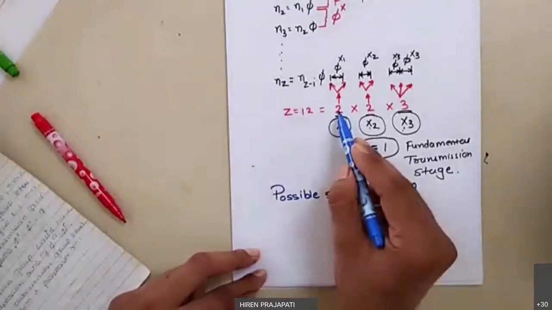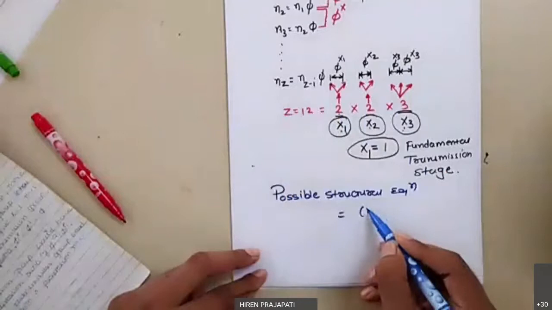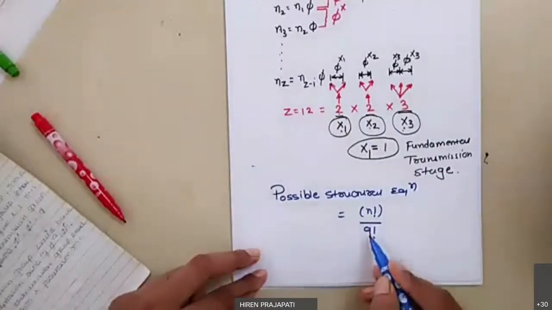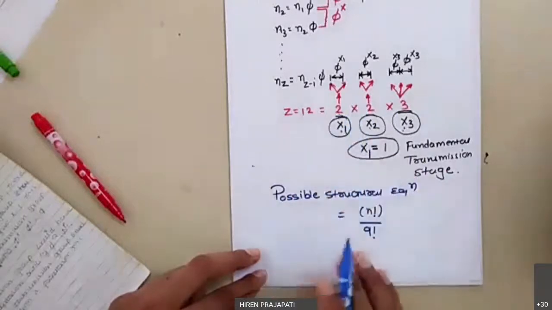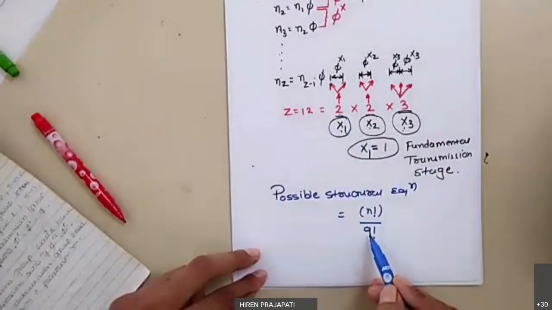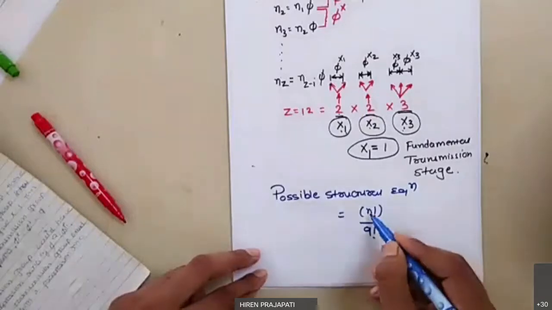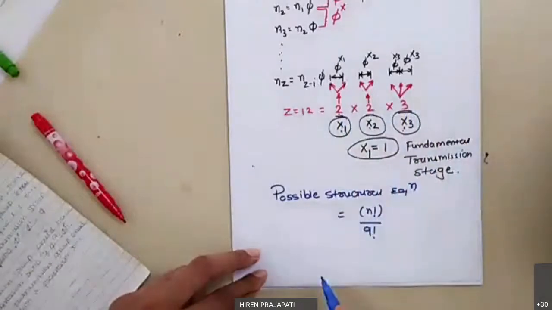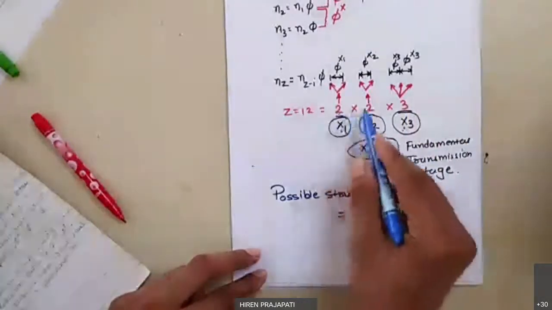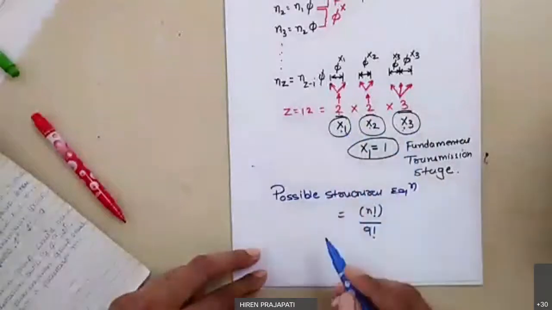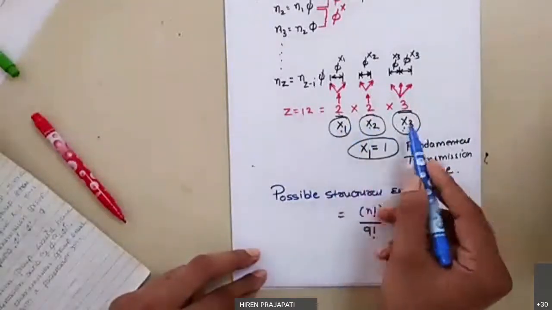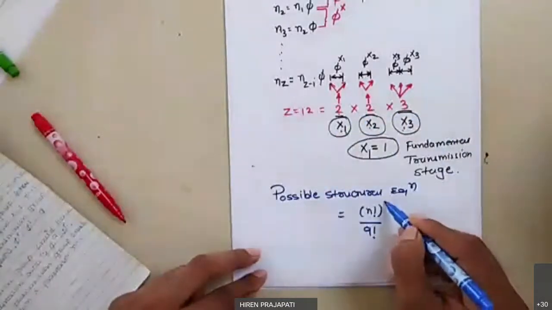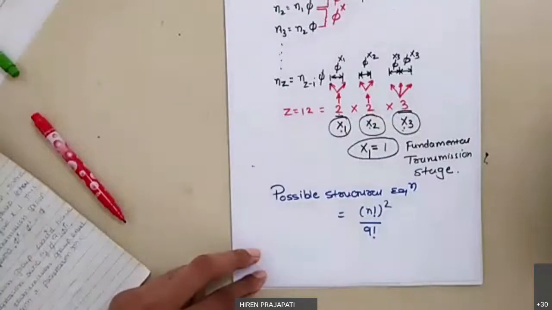If we go for n factorial first, divided by q factorial. So q is what? If p1, p2 are the same, or p2, p3 are the same, then we need to write that as a q value. So n factorial, that is the number of stages. That is n factorial. And now in each stage we have some characteristics number, and that characteristic number can also be changed. So in that way it is n factorial square actually.